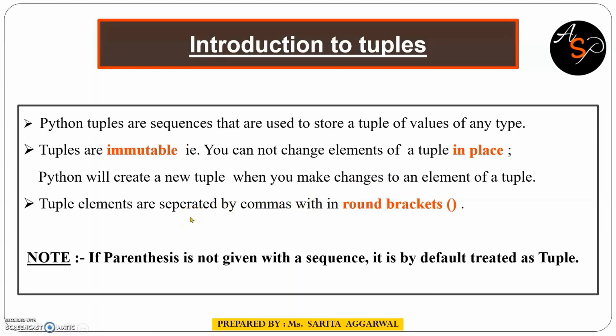And next is tuple elements are separated by commas within the round brackets, and these round brackets are also known as parentheses. And you should remember this: if parentheses are not given with a sequence, then it is by default treated as a tuple. Now understand this